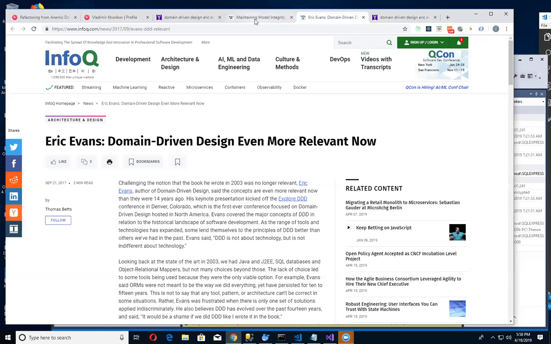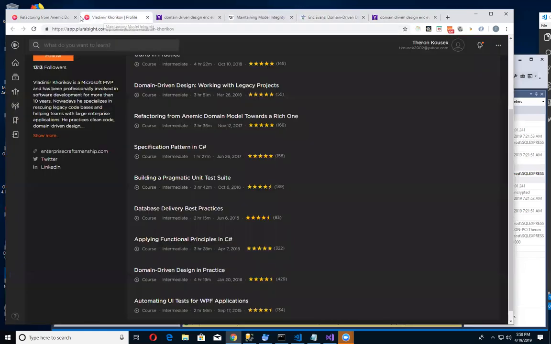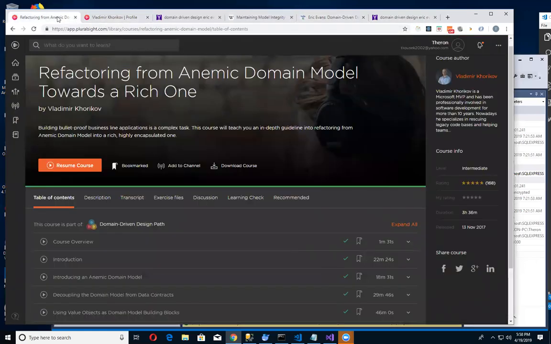So now that I got all of that stuff done, I'm just going to go into a real small aspect of domain-driven design. One of the benefits from it, and one of the anti-patterns that you can pretty much solve. Domain-driven design has the anti-pattern of an anemic domain model. And this course by Vladimir Khorikov just rocks.